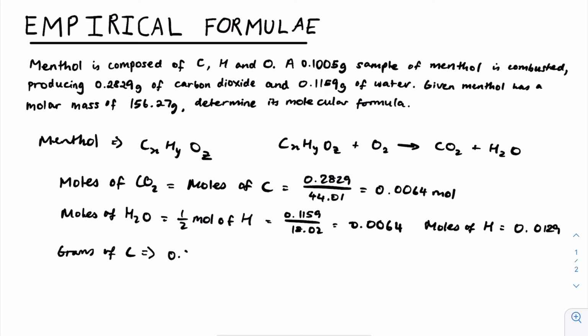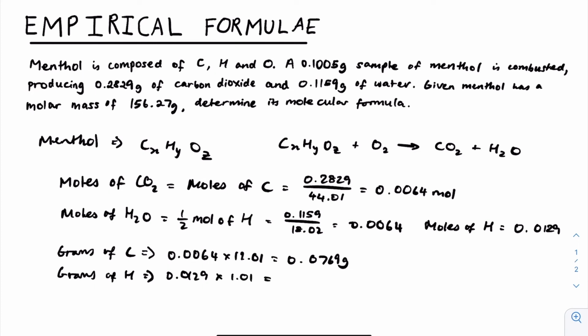are basically equal to its moles times its molar mass. So that's 0.0064 times 12.01, which is equal to, just putting in the calculator, 0.0769 grams. Let's do that for hydrogen as well. Grams of hydrogen are equal to 0.0129, which is the moles, times its molar mass, which is 1.01, which is equal to, I'm just putting in the calculator as well,